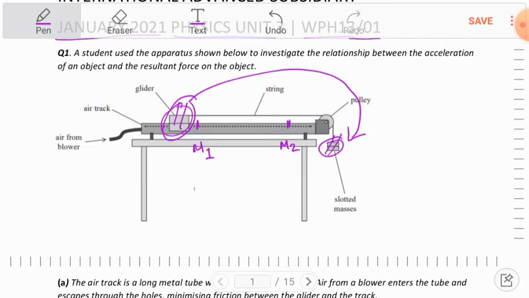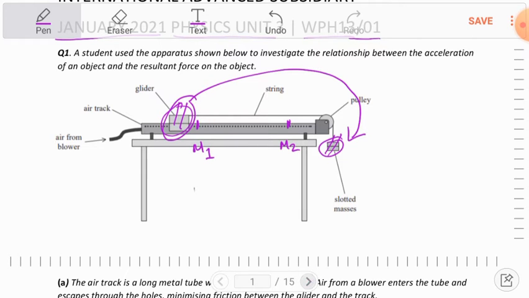If for example there is a mass of 5 gram on the glider and he's about to remove it, he should remove it from the glider and then place it on the slotted mass hanger. In that way, the total mass of the system would remain constant, but the mass on the slotted mass hanger would increase and the mass of the glider would decrease, but there will be a constant relationship, and that would give us a more accurate investigation result for the relationship between acceleration and force.